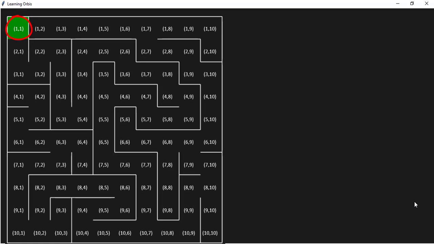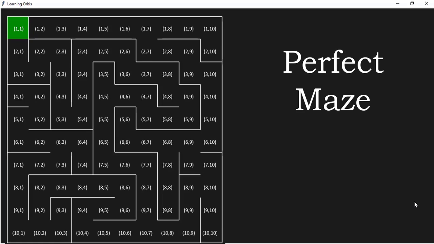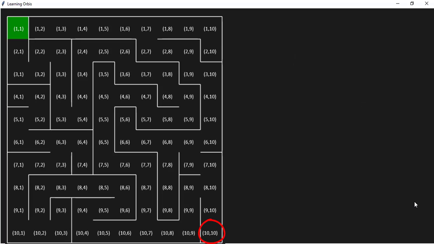Then this highlighted cell, which is 1 1, is actually the goal of the maze. This generated maze is a perfect maze, which means that there is only one path from this goal to any of the cells inside the maze. Therefore, I have not highlighted the start cell of the maze because any cell can be treated as the start cell. However, internally the bottom right cell, which is the last row and the last column, is the start cell